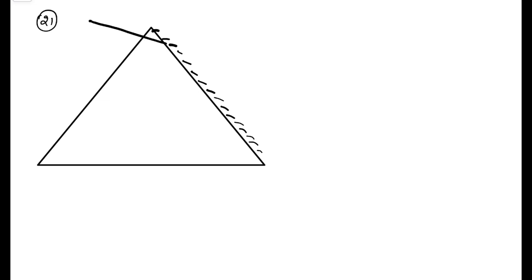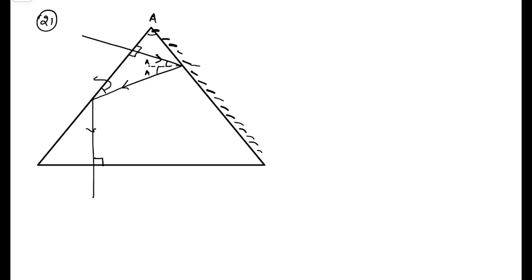Okay, it would be too close. Let me draw it again. Okay, it goes like this, it again goes like this, and then it goes like this. This is 90 degree, this is 90 degree. So we know if this angle is angle A, from geometry, this would be 90 minus A, this will be A, this will be A. Now this is 90 and this is 2A, so this angle becomes 90 minus 2A. That means this incidence angle at this surface becomes twice of A, and this angle is 90 degree. This is what we are getting here.